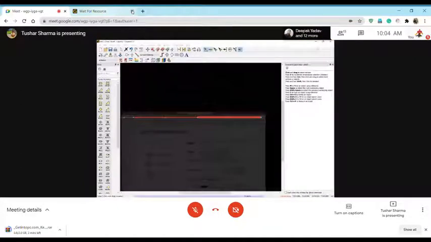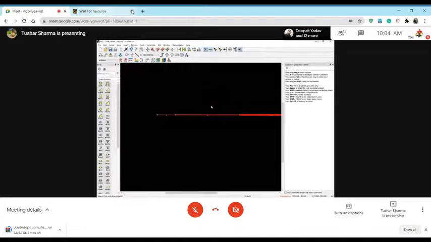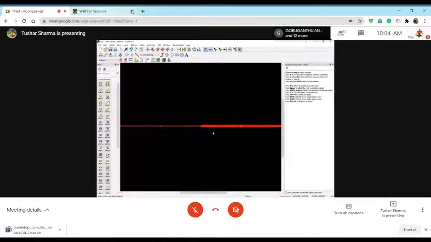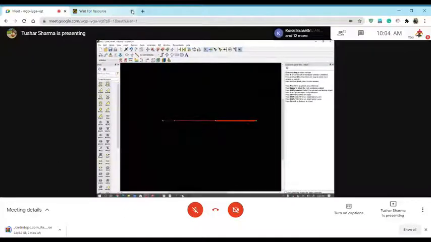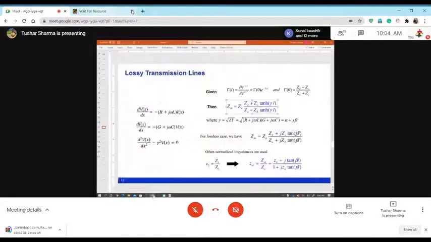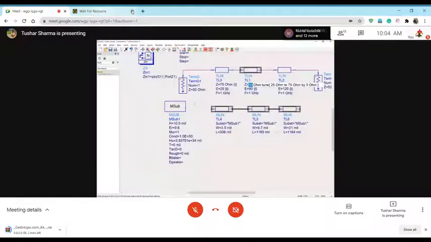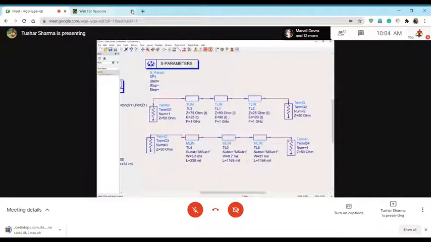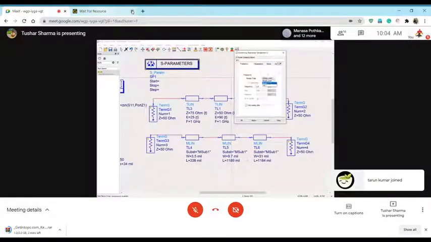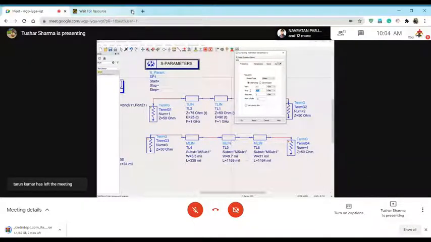Okay. So let's just take this example again, right? Let's say I have this line. I had some S parameters which I got here. I put another port 3 and then port 4. Okay, so let's try to simulate this first. I'm sweeping it from 1 to 4 gig, with a step size of 1.